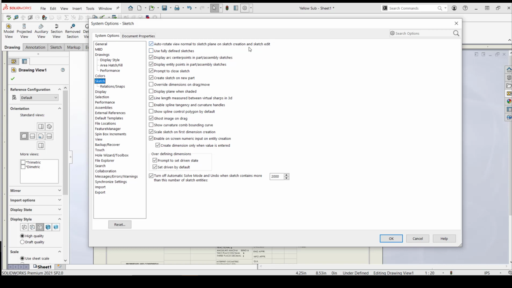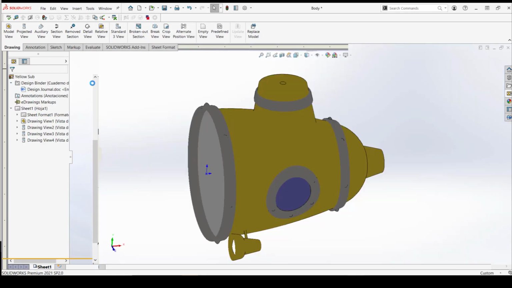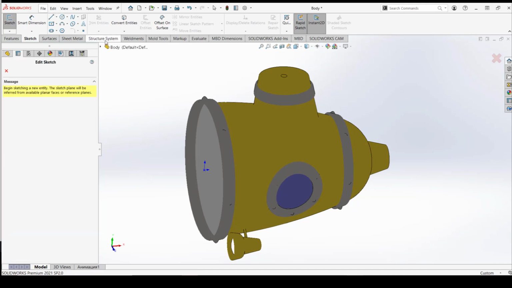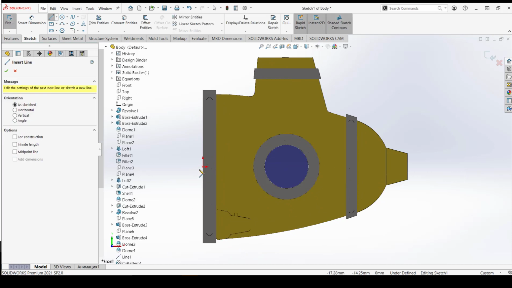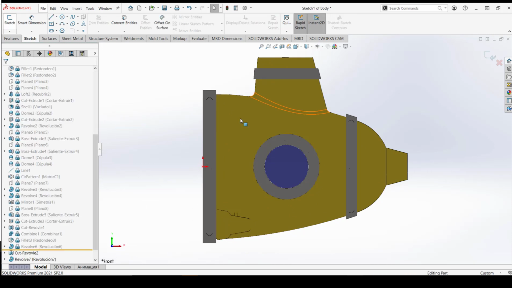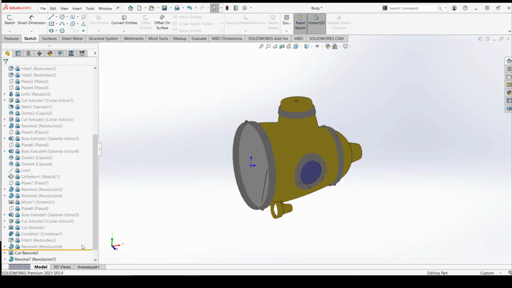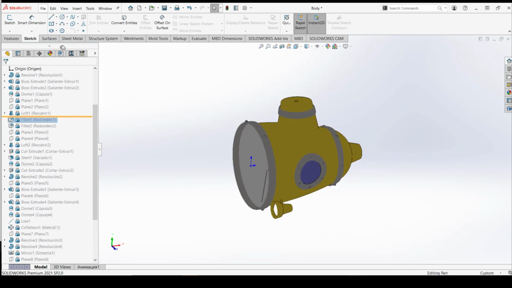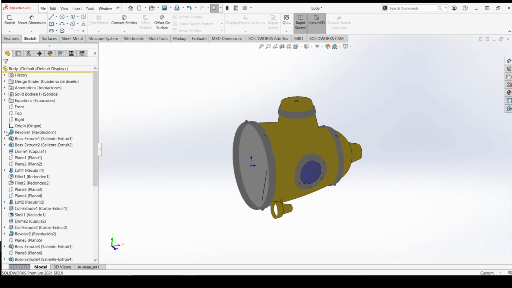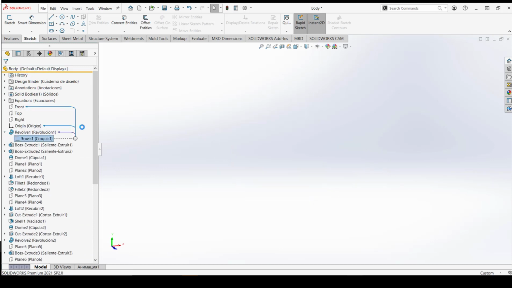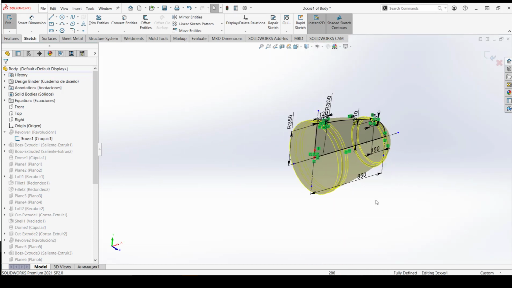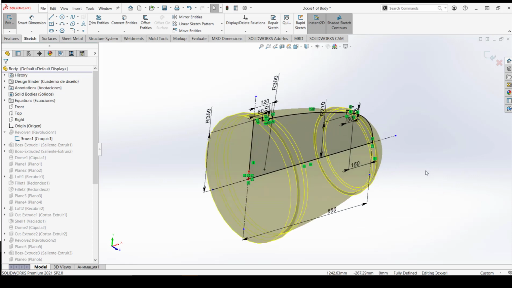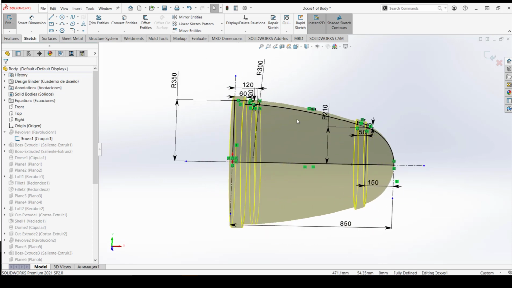And that one's huge because you're probably used to this when we go to start a sketch. We're going to go ahead and start a sketch. And when we go to start a sketch, our view is brought normal to whatever plane we're sketching, right? We're used to that. We've seen that before. Okay, what's new is that when I go, let me undo my freeze bar here, when I go and I edit a sketch that already exists, it brings the view normal to the sketch that I'm editing. Before it would just stay like this. And that was super annoying because then I had to get normal to it or move my mouse around so I could see all the dimensions.